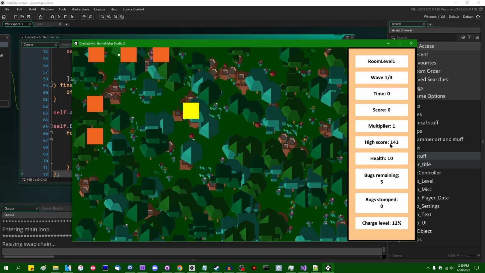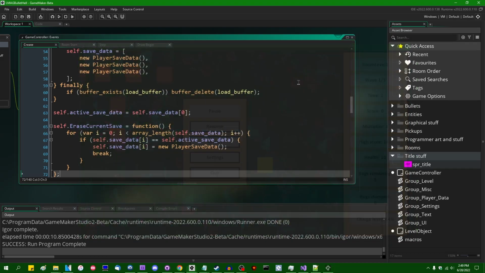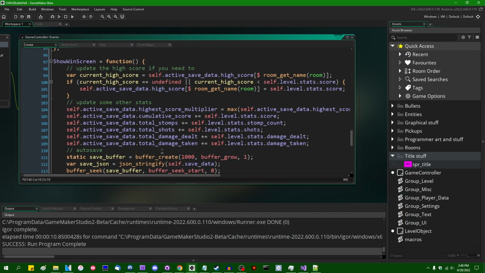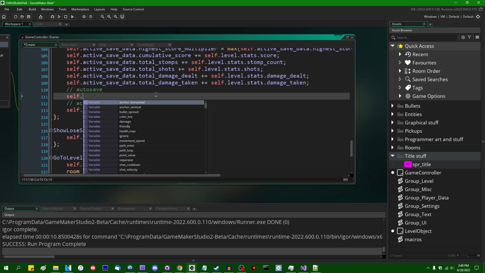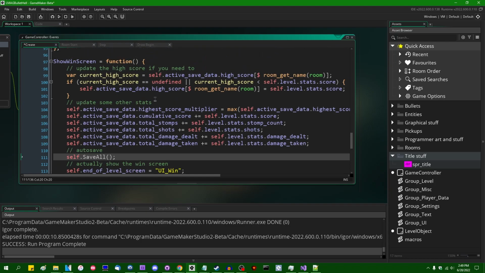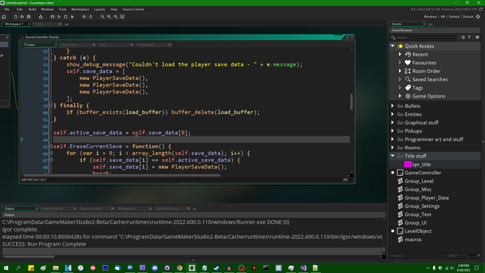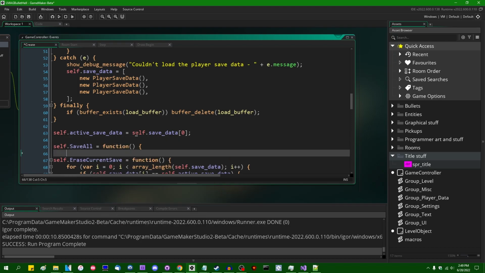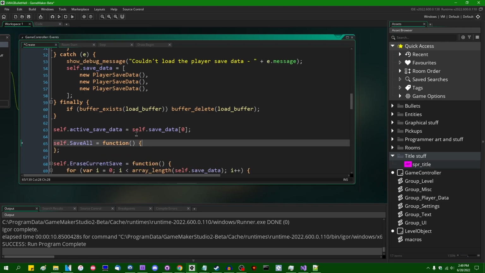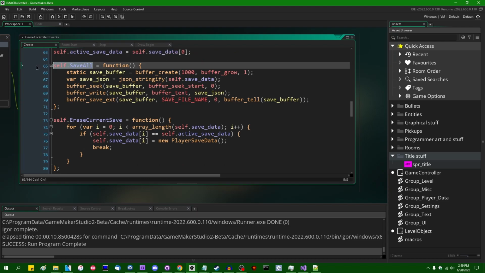Alright, so we have our save data here. It's got a high score of 141. You know what I'm going to do? I'm also going to move this self.save all. I'm going to make that a method, and that's going to just go here. And I can now call the save all method